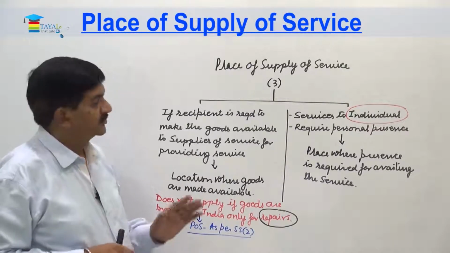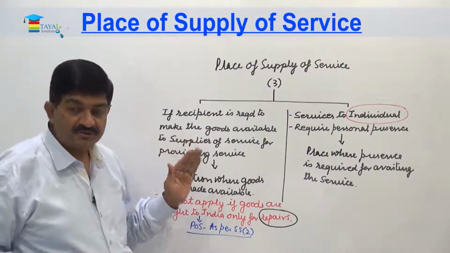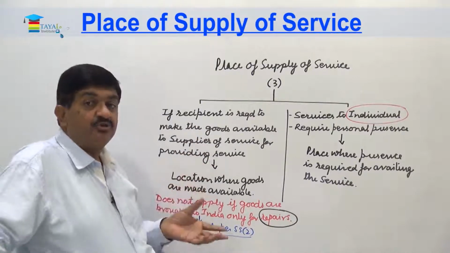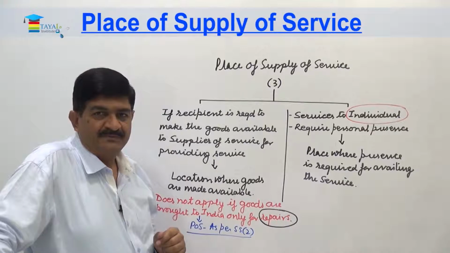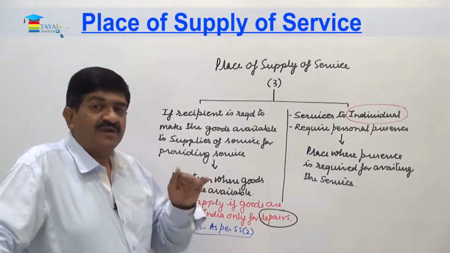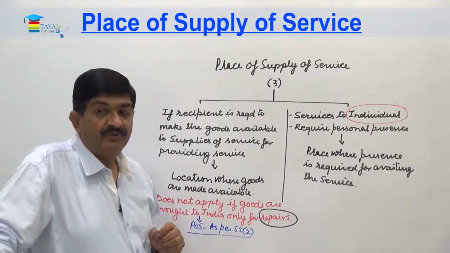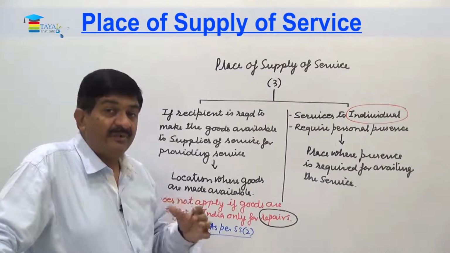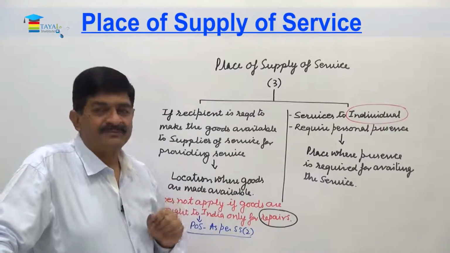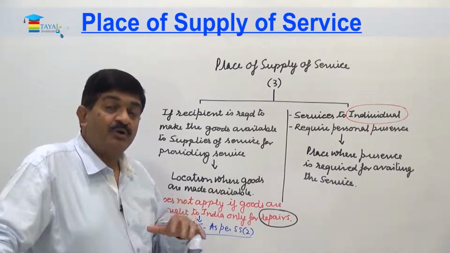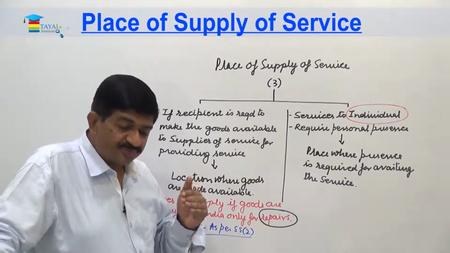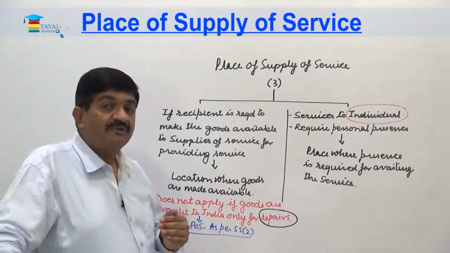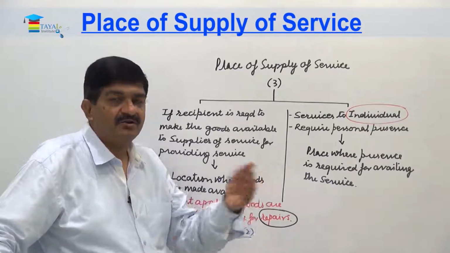Got it? So friend, this is subsection 3, right? Now, by chance, if the services are given through internet, then wherever goods are, that will be the place of supply of service. So, softwares can be repaired online. Goods can be controlled online. So, a software engineer sitting in India can provide a service of handling software in another country, and that can